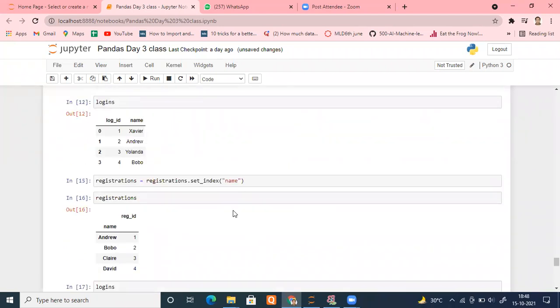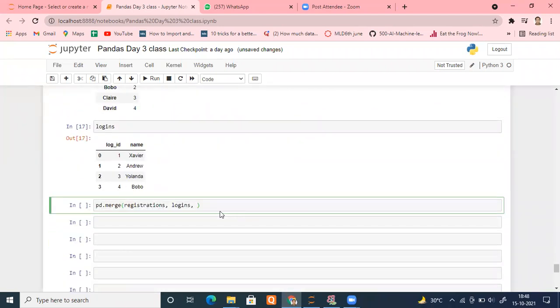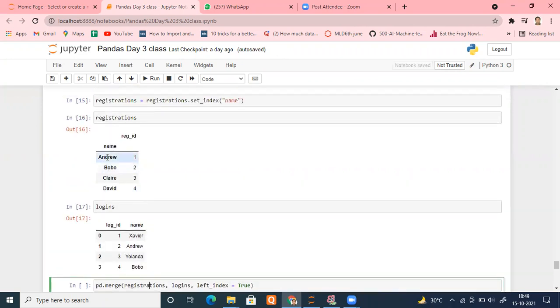So we have to specify a few terms like left underscore index equal to true. First, because whose index I want to use as a key column? The registrations table's index. This one I need to use as a key column.